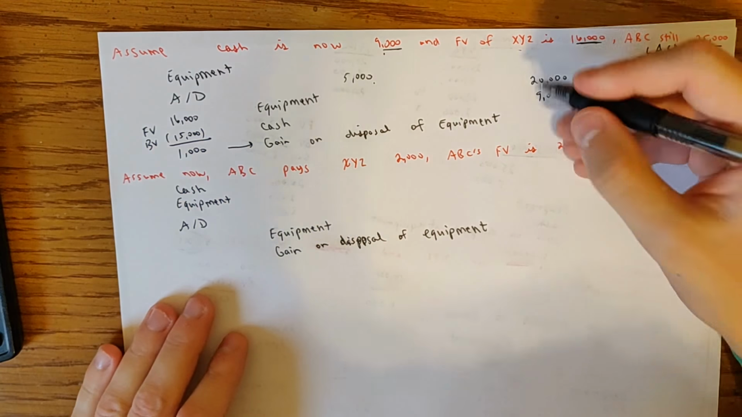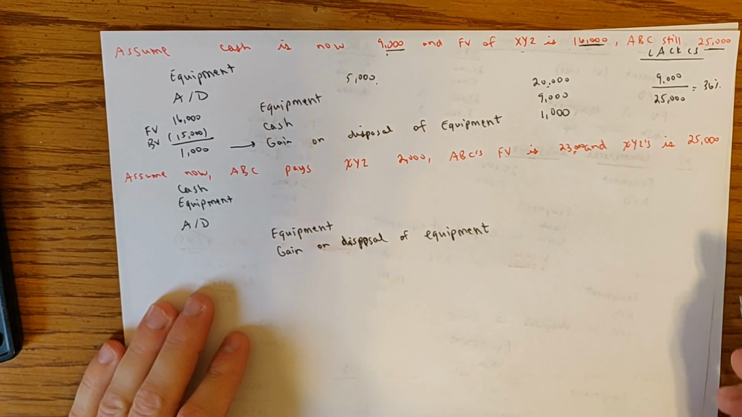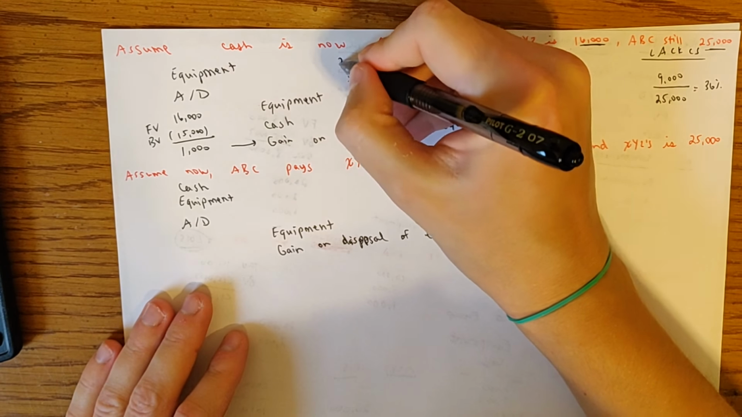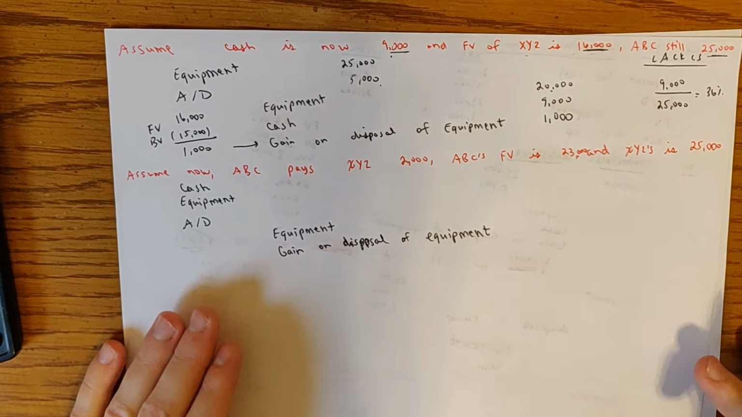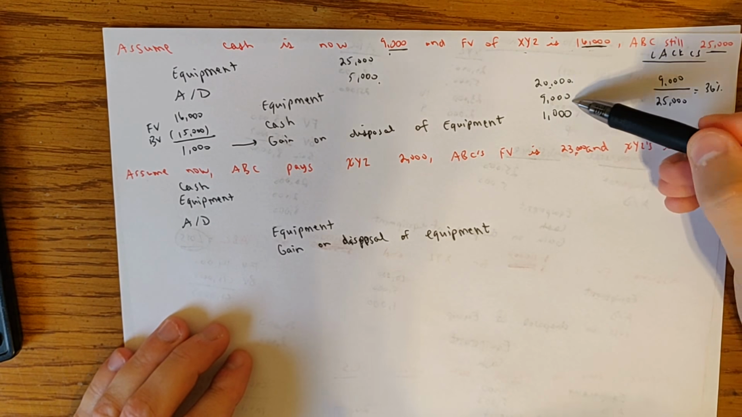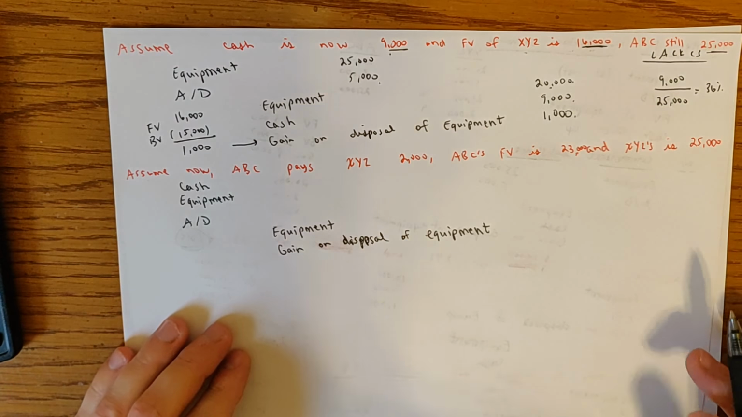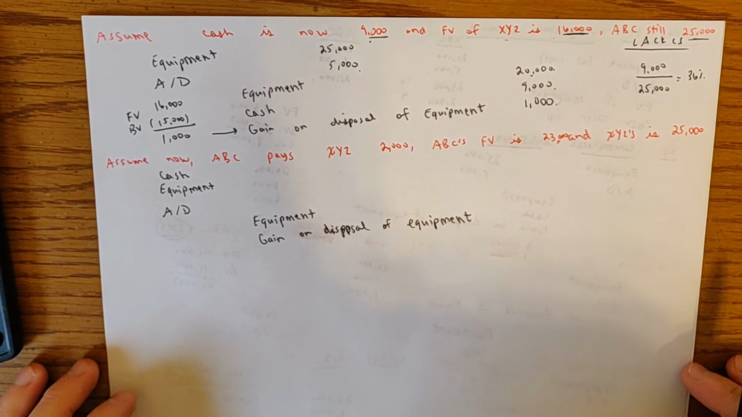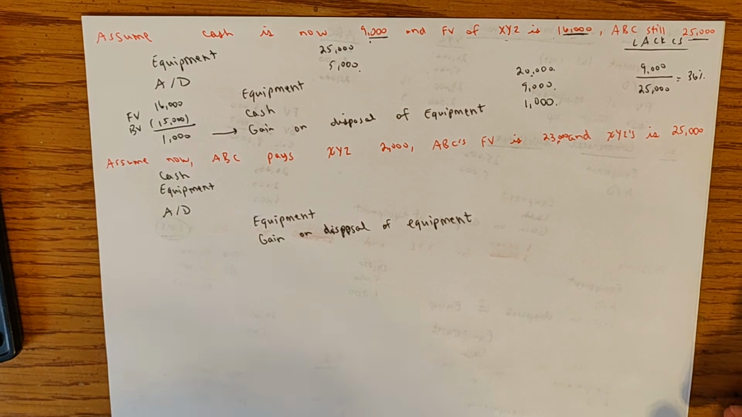Our gain is 1. So we'd have a gain of $1,000, and then the new equipment goes on the books at 25,000. If we do the math, we just do 20 plus 9 plus 1, that's 30, minus 5 equals 25. Okay, let's go through the very last one, and then we're going to be done with this